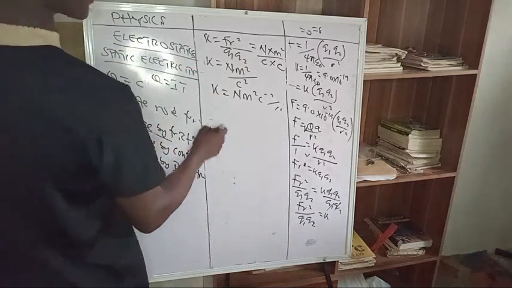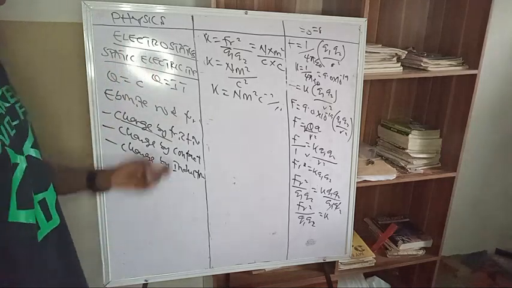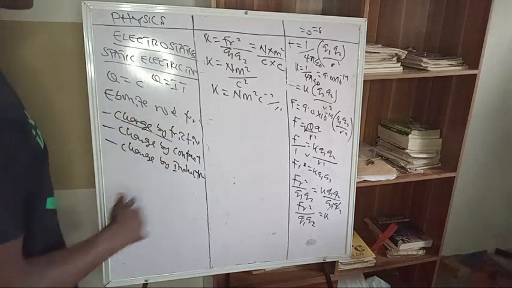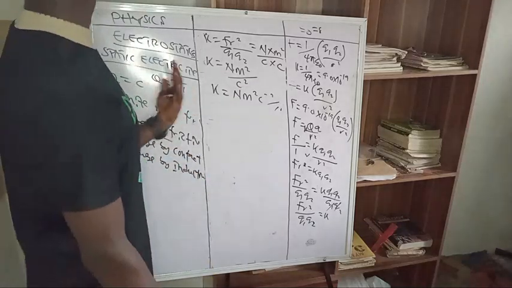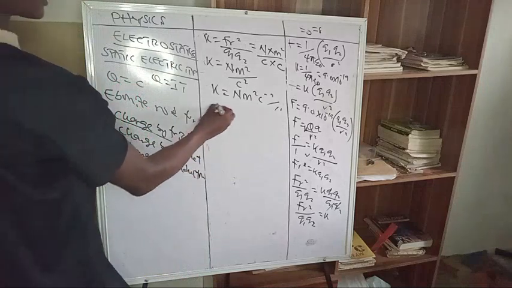That is that. So don't forget that I said we have three kinds of permittivity. We have absolute permittivity, we have relative permittivity, and we have the permittivity of free space. And the equation that connects all the three permittivity together, of course, we know that our permittivity of free space is given to be 8.85 times 10 raised to the power minus 12 farad. Okay. Now I told us the other time, if you want